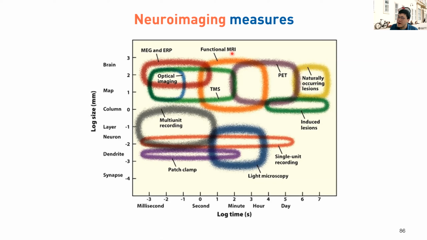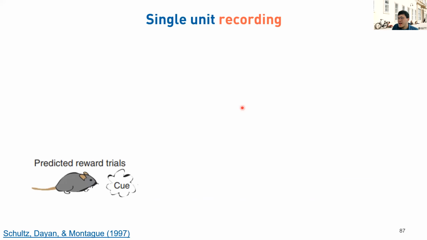And the functional MRI, or MRI, in contrast, has a higher spatial resolution. It can be as precise as 1 millimeter by 1 millimeter, like a small cube. I will show you. And then they go everywhere in the brain. But the temporal resolution is a little bit not so ideal. Okay, I will tell you about both of them. But before that, I tell you a little bit more about what are the most important